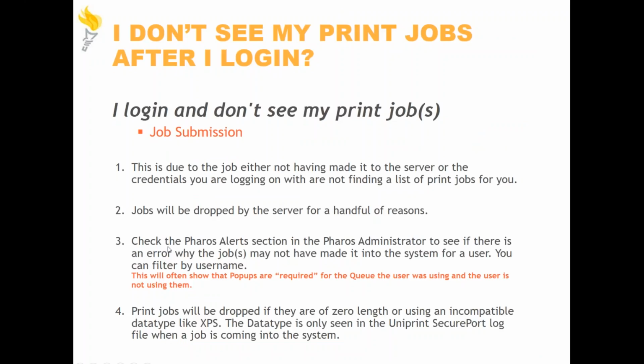So number 3 here, check the Pharos Alert section in the Pharos Administrator to see if there's an error why the job may have not made it into the system. And you'll see errors like pop-ups required, or you might see unable to send cost information to user. That's because we have the cost acceptance